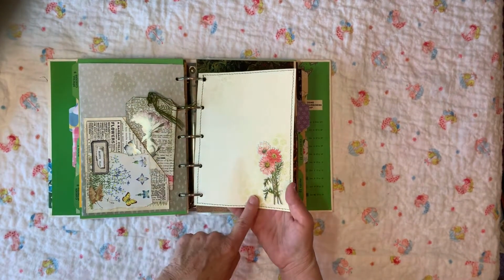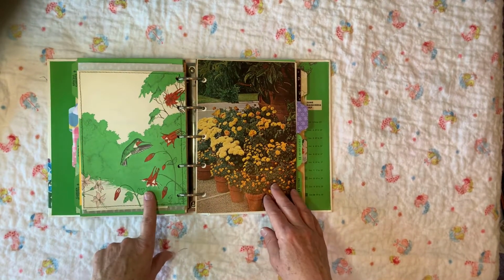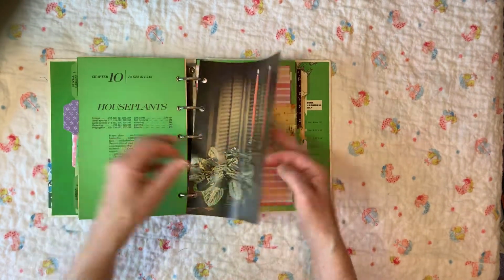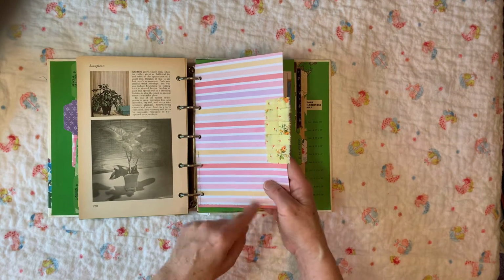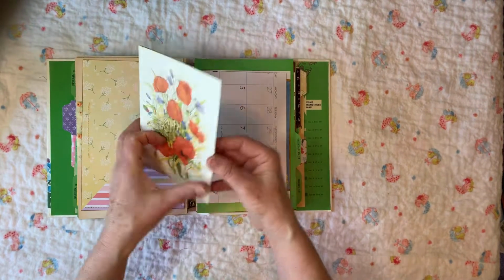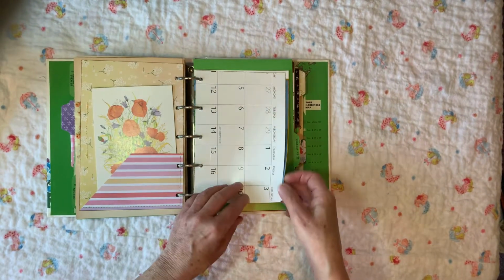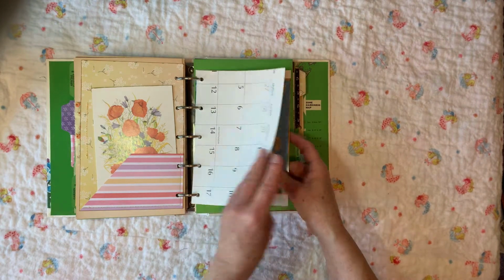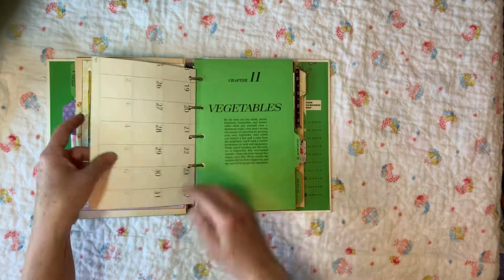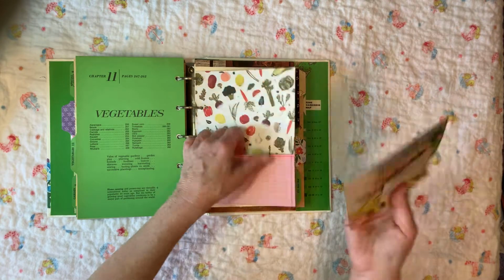Got a little hand stamping here, one of Tim Holtz's flowers. A page from an old children's book, a hummingbird. Got another page with some vintage fabric on one side, and you've got an old card that's got some writing paper stitched on the inside. Tuck that in. I like to use old calendar pages in my journals, so you've got this beautiful image on the inside, and then places to journal or add things on the back side of each. You've got another pocket in your vegetable section,